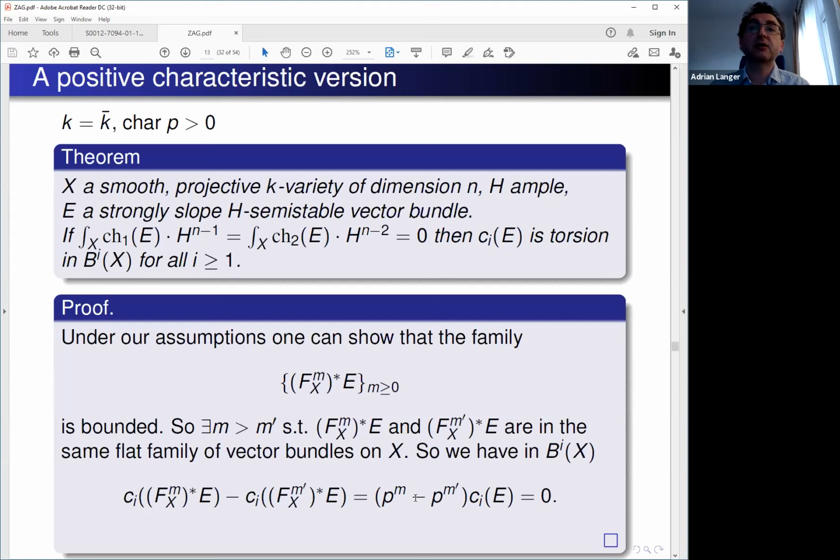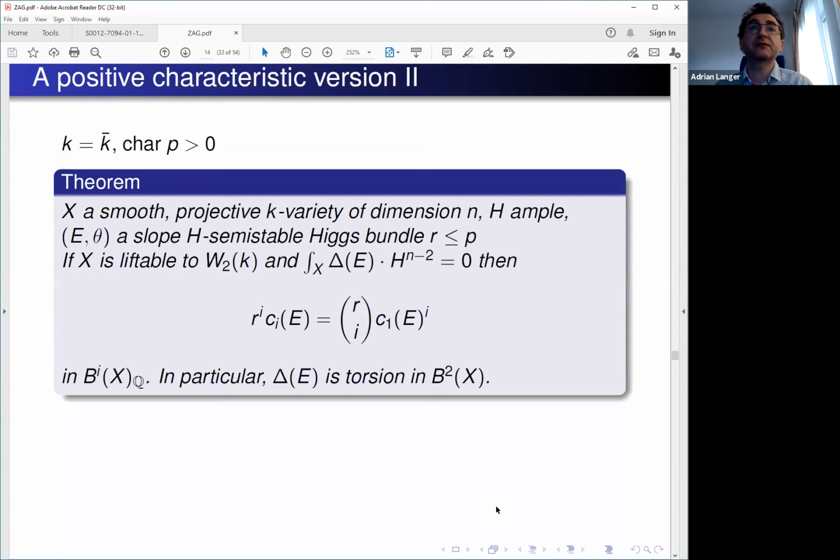bundles. So in this case, the difference of these Chern classes is 0, but this is really equal to p^{2m} minus p^{2m'} times this c_i. So we see that these c_i's have to be torsion. So this is an easy argument here. And then one can prove also something